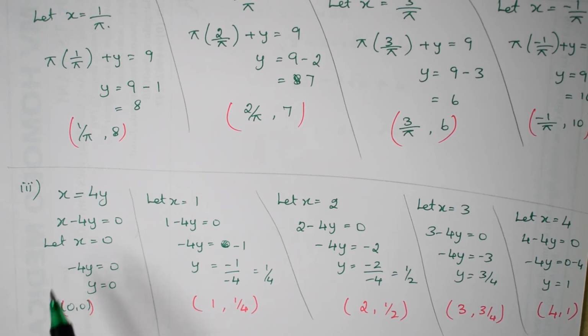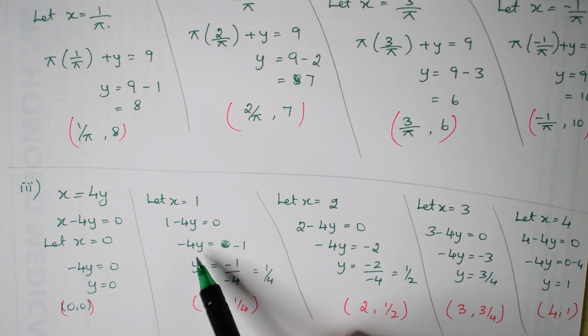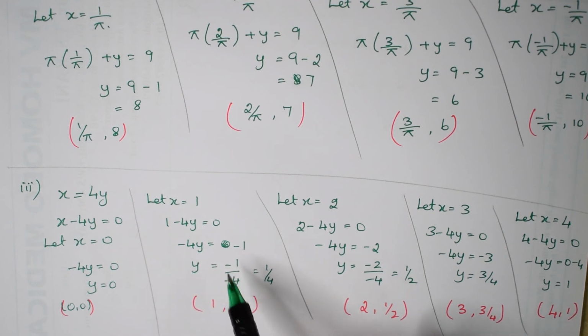And then when I am going to the third equation, they have given x is equal to 4y. And it's very direct. When I substitute x is equal to 0, y takes 0, and so the coordinate becomes 0 comma 0. And when x is equal to 1, the value of y turns out to be 1 by 4. Why is it 1 by 4, you understand, right? The value is minus 4y. So while I leave y alone on the left hand side, I take the minus 4 to the right hand side, and so it becomes minus 1 by minus 4, and so both the minus signs get cancelled and it becomes 1 by 4, and so the coordinate is 1 comma 1 by 4.